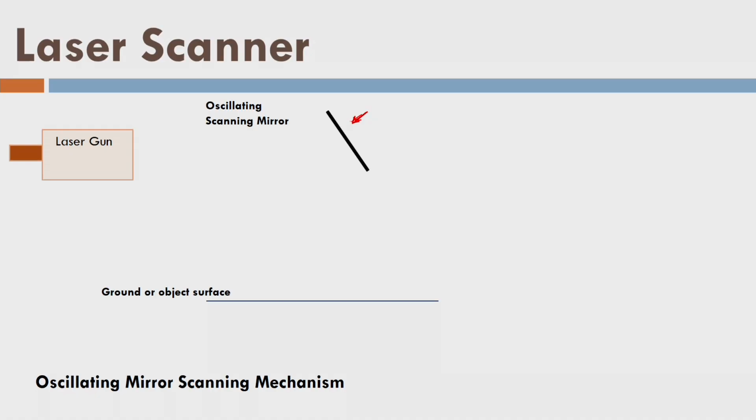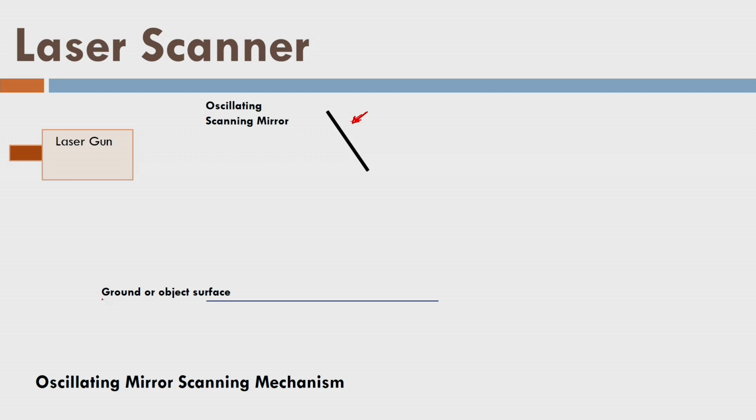Because of that, I will have a series of points on the ground surface in one line. As we have already shown, there are 5 points, and these 5 points are available because of the motion of the mirror, right? So this is a reflecting mirror, and now we can see in animation how it works.